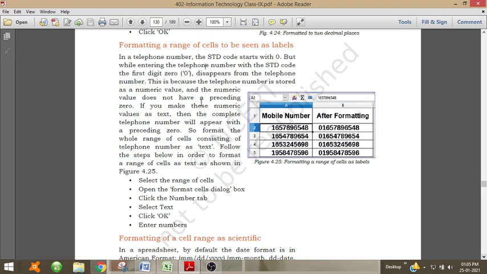So if you make this numeric value as text, then the complete telephone number will appear with preceding 0. So format the whole range of cells consisting of telephone numbers as text. For that, we have to select the range of cells, then open the format cells dialog box, then click the number tab and select text and click OK.